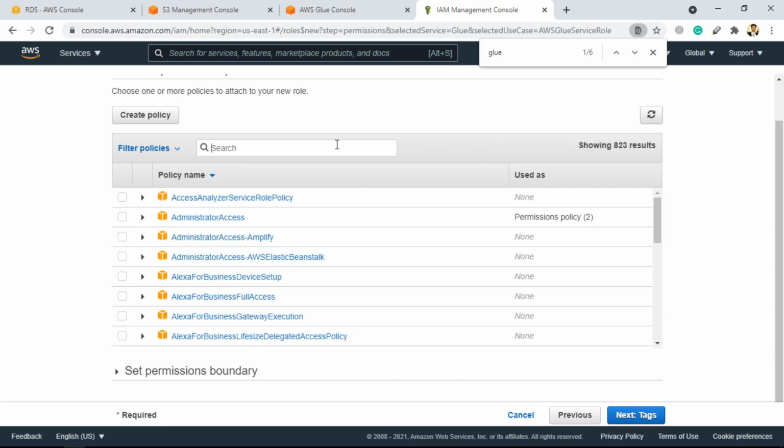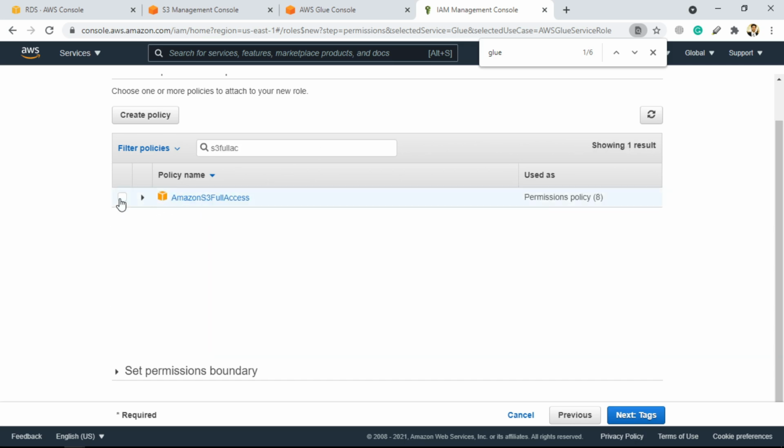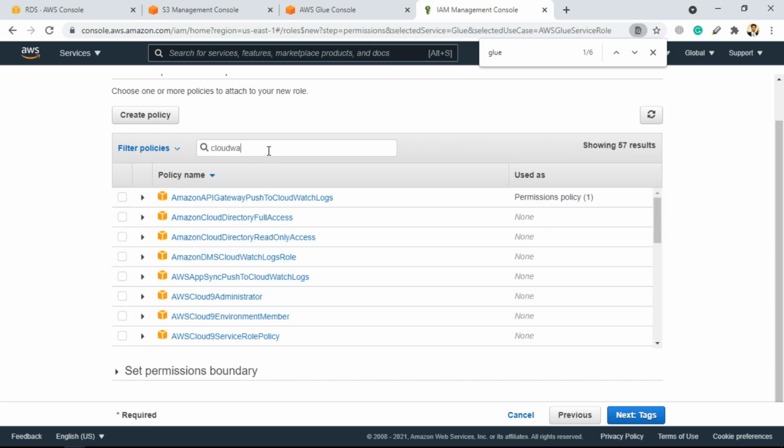We need to get S3 full access, check that. Then we need RDS full access, check that. And then we need CloudWatch full access. CloudWatch is basically the logging mechanism in AWS.